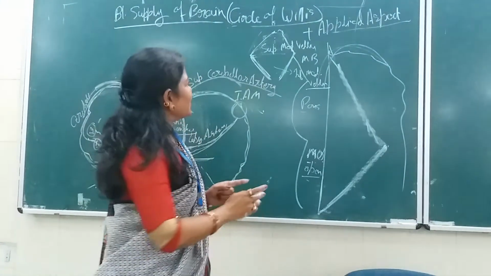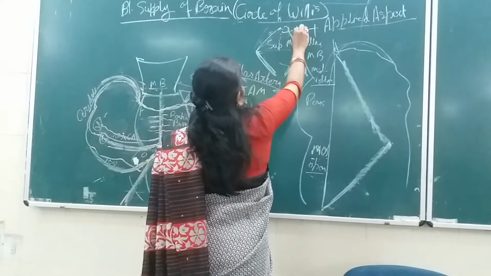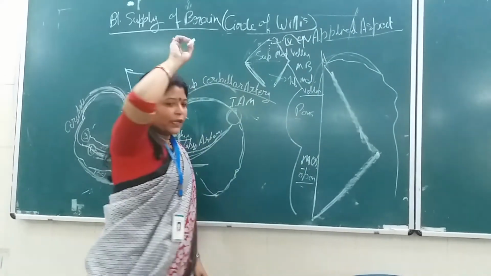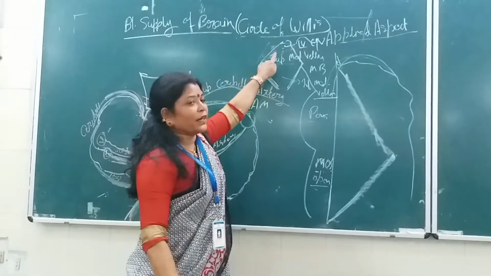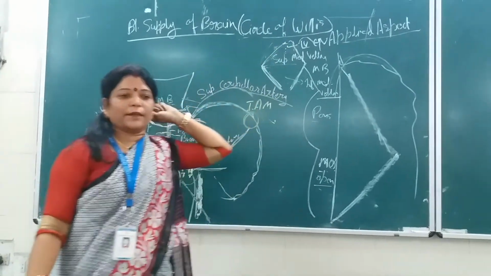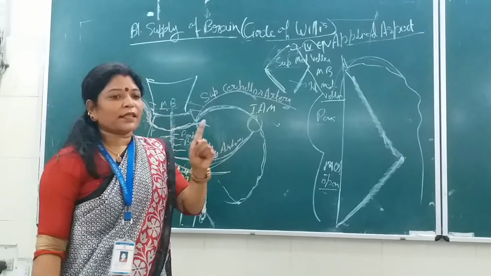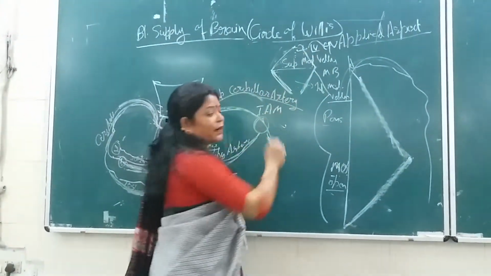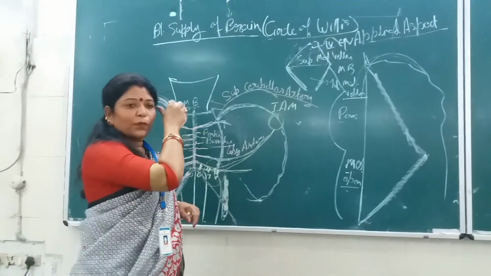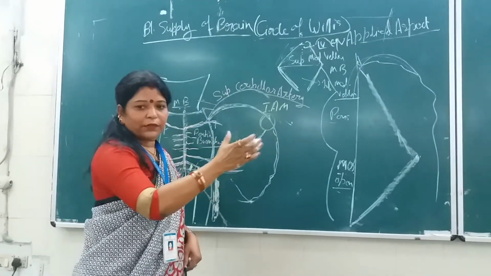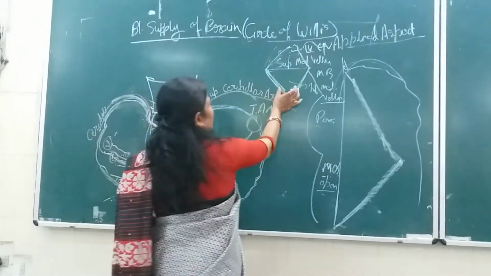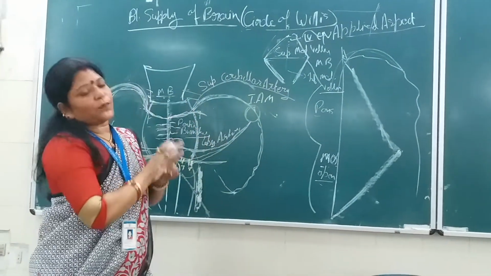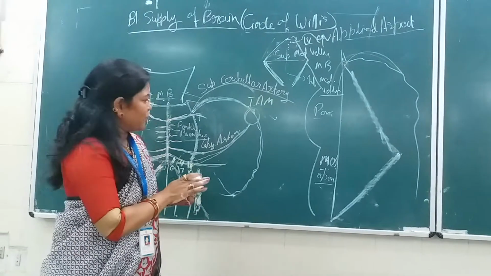Yes, fourth cranial nerve. The fourth cranial nerve, that is the trochlear nerve, pierces the superior medullary velum and goes dorsally. That's why in two senses you have to remember this superior medullary velum. Where does it lie? It lies in between the upper part of the roof of the fourth ventricle and the inferior medullary velum. It is joining the inferior aspect of the roof of the fourth ventricle.